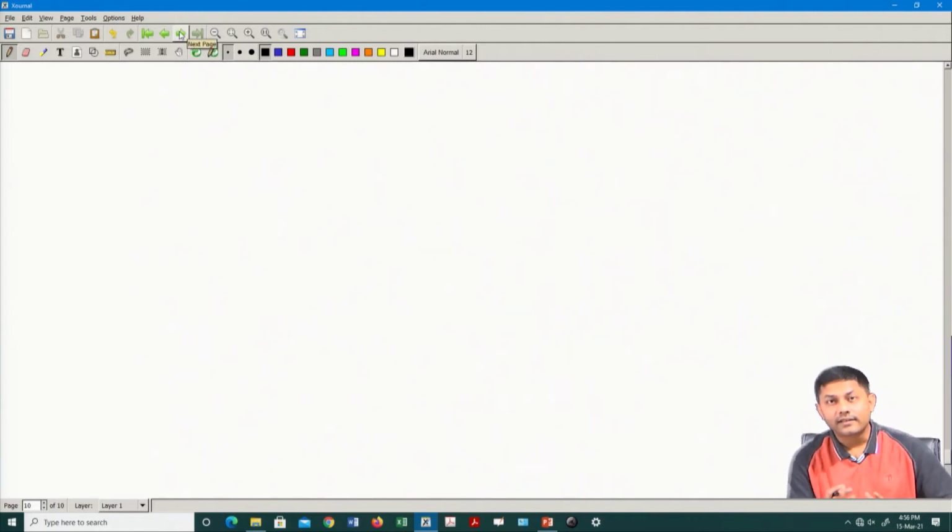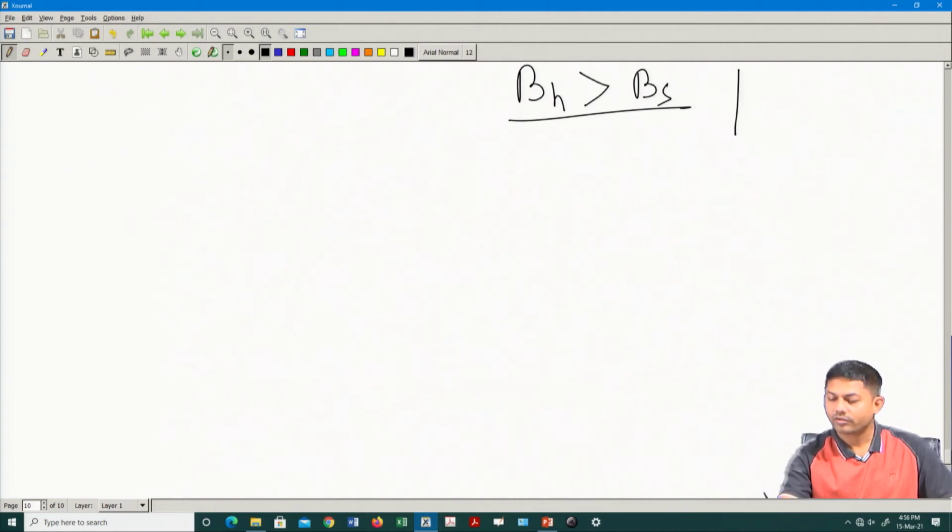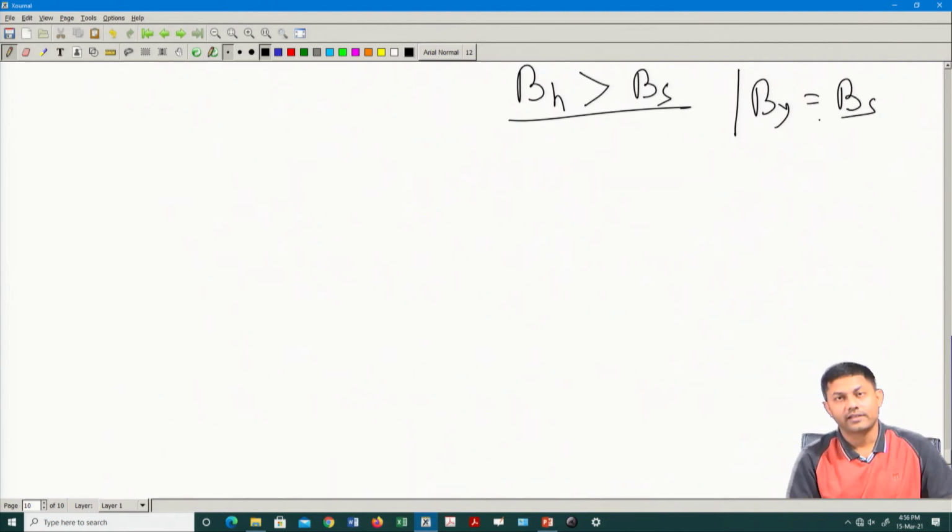What happens? What are these two cases? So, the first case is where your channel bandwidth is much greater than your data bandwidth. So, your total output bandwidth, your B_h or your B_y, will be equal to your B_s. It passes on each and every signal, right. So, what does it mean in a very simple sense? That means whatever I have transmitted, barring the phase distortion part, each and every frequency component gets passed out.